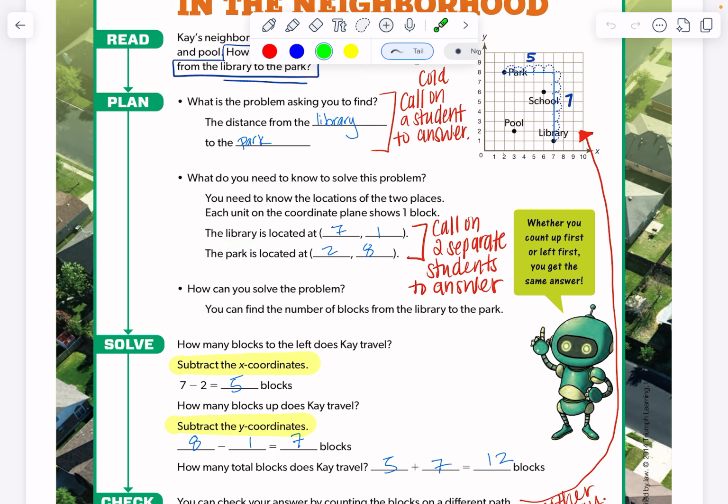From there, they would have to subtract the x coordinates. So here are the x coordinates. 7 take away 2. That gives you 5. Second step would be to subtract the y coordinates, which are these right here. Some students might want to do 1 take away 8. No, absolute value distance can only be positive, so we cannot have negative numbers as it pertains to distance. So it has to be 8 take away 1. That gives us 7, right? So